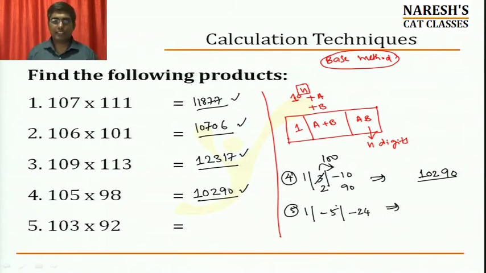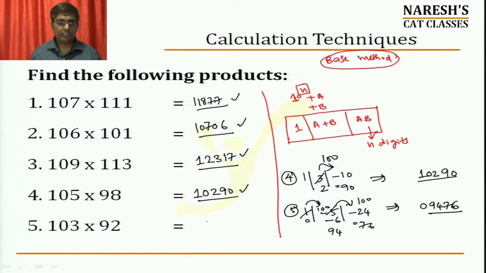Again, same logic: carry forward. I'll have to do a carry forward. It will become 100 minus 24, which is 76. Right? Once you do the carry forward, minus 5 you have to decrease further, minus 6, but minus 6 also cannot be there. You have to do a carry forward, 1 will become 0, 100 minus 6 is 94. Automatically 0 has to be 0, 0, 9476. Hence the answer finally is how much? The answer will become 9476.